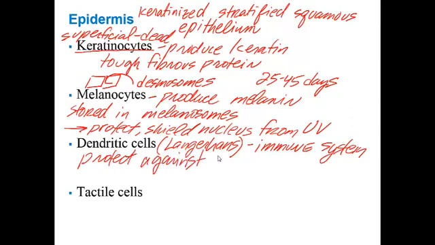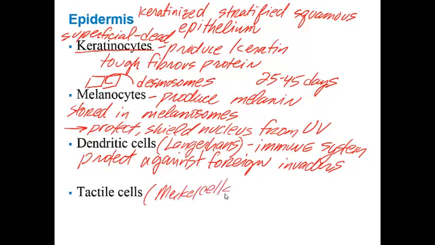So they're the resident immune system that would be present. And then the last cell that we have is called the tactile cells. We also call them Merkel cells. And these Merkel cells can be found on the